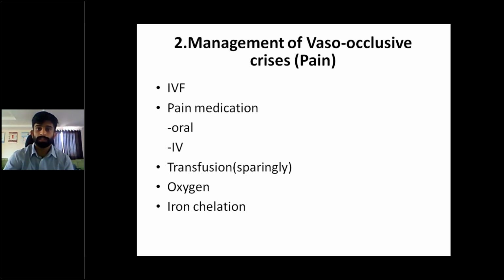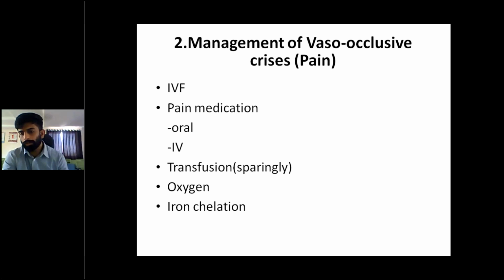Now, vaso-occlusive crisis occurs because of sequestration of RBCs in the blood vessels and occlusion, vaso-occlusion. We've seen the pathophysiology that leads to that. So when the patient has dehydration or any sort of infection or any sort of blood loss or any other stress condition, that can cause this type of vaso-occlusive crisis. So the obvious treatment for that is to prevent all these things from happening. The first line of management is intravenous fluids. About 3 to 4 liters of intravenous fluid can be given to prevent dehydration and to increase hydration.